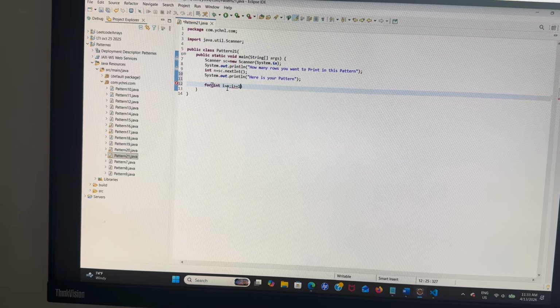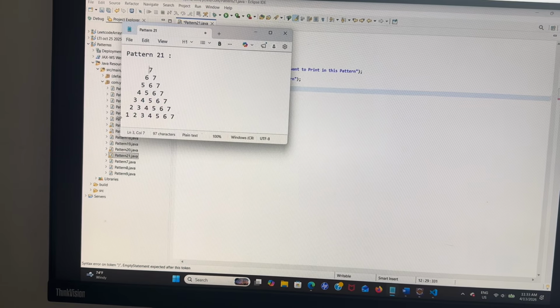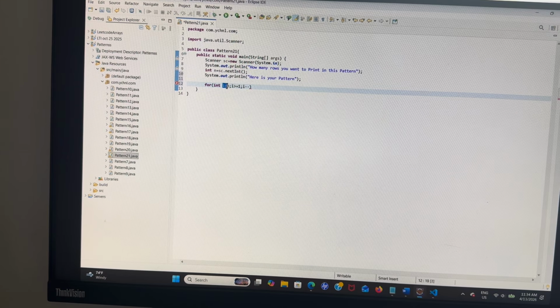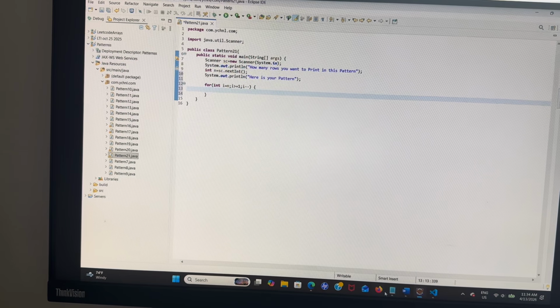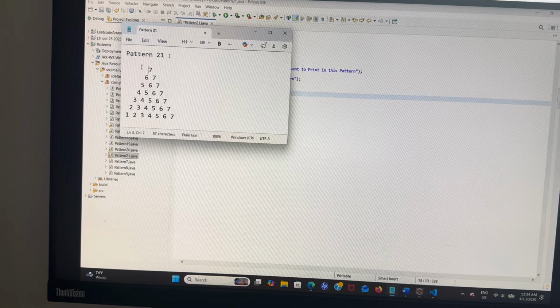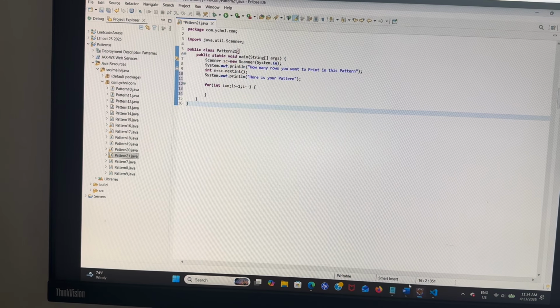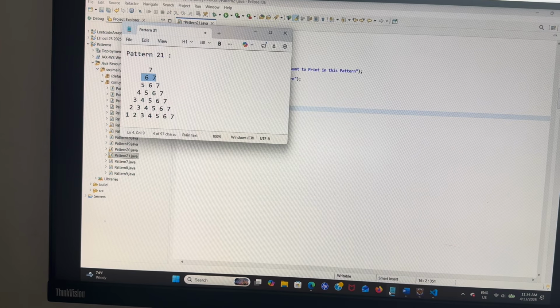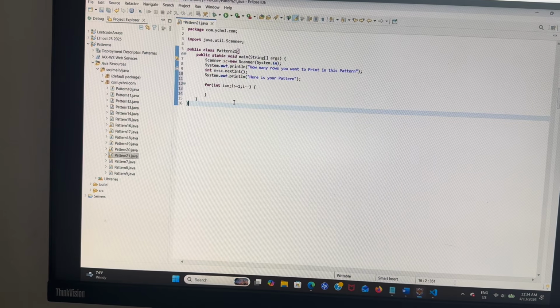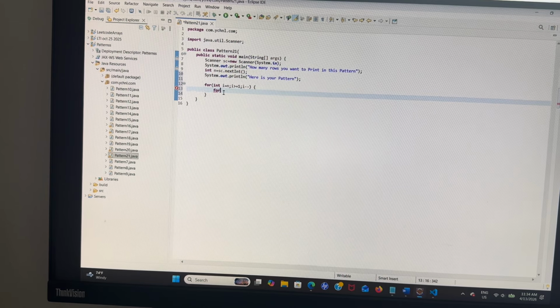i greater than or equal to 1 and i minus minus, right? From 7 to 1. That's why I am taking it in decreasing order. And how the elements are printing in each row, if you observe: 6 7, 5 6 7, these are in increasing order, right? But in the first row I have to print only element 7, right? So for that I am taking one inner for loop,